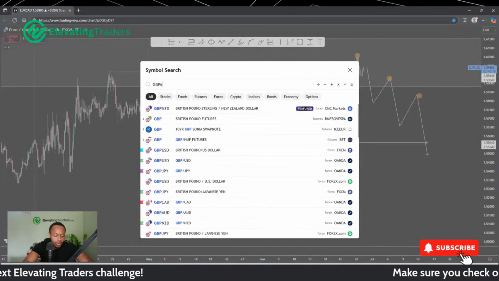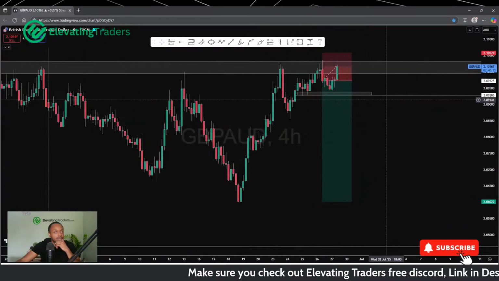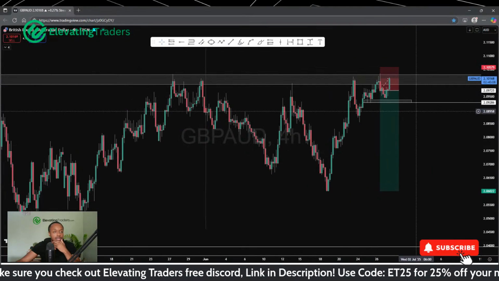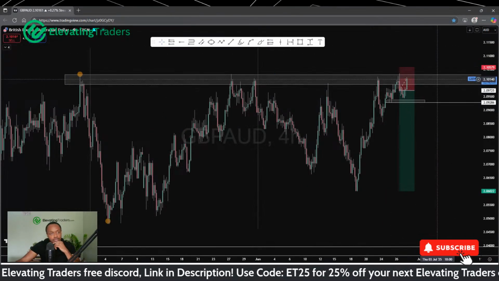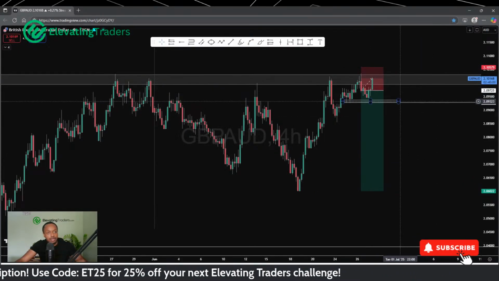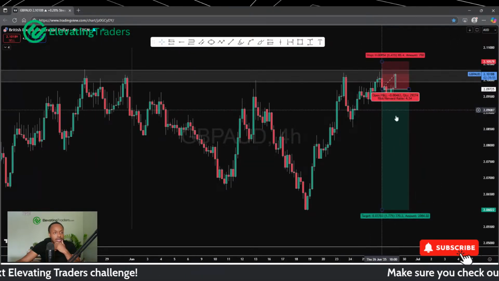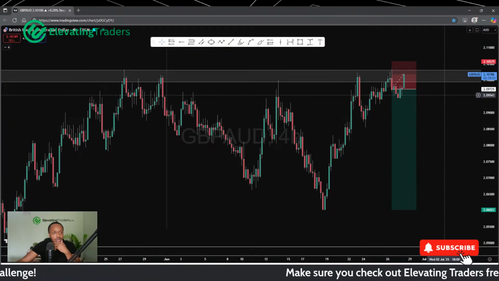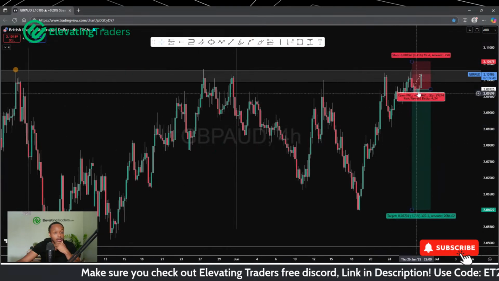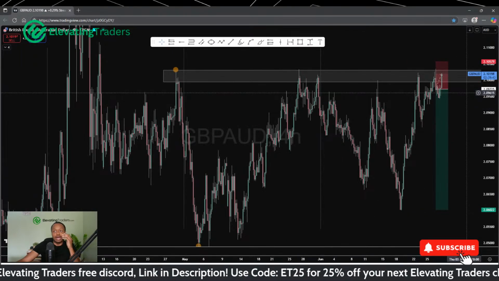But I am short pound Aussie. Price rejected resistance very well yesterday. Looks like we're coming back to test the level again. My stop loss is above the level there. So if price is going to rally through, I'll take the stop out and walk away from the position. Did see a bit of momentum in my favor, but nothing really concrete there, and it hasn't really ripped in my favor or taken out any structure. So I haven't managed the trade at all. Just entered with a stop above the high, and I'm going to see how that maneuvers. But we are looking pretty bullish with this candle pushing back into resistance. So it's going to be up to this level now to see if it's going to hold or not.